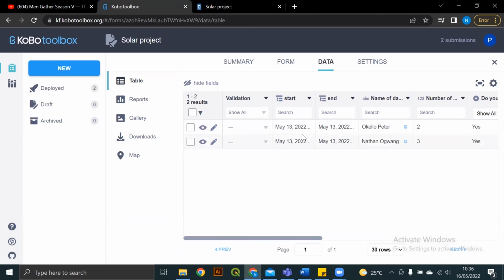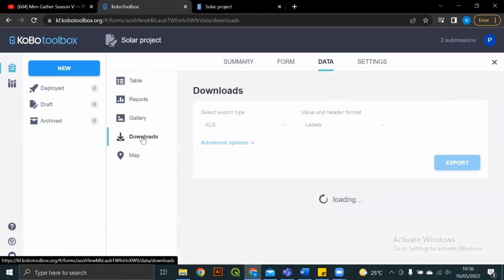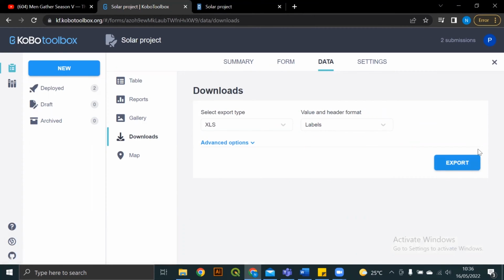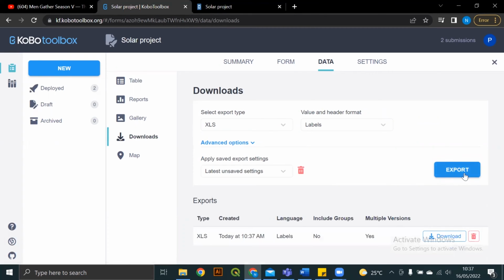How do you download this data into your computer? Still on the same page, if you can see on this left-hand side of the data, there is table, reports, gallery, downloads, and map. The download option is the second last here, so I will click there to get to a download. Okay? Already you can see that there is a blue button here that says export, meaning bringing this data to our computer in form of a download. So to download or to prepare for download, just click export. And when you do,